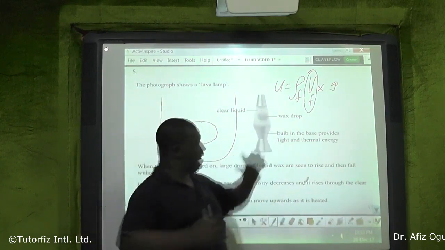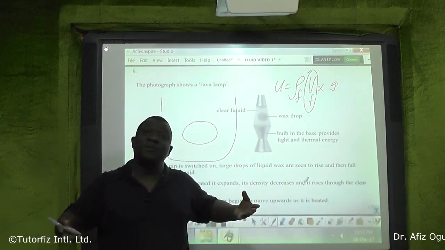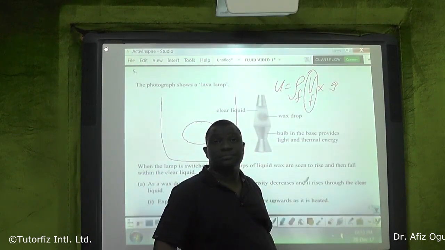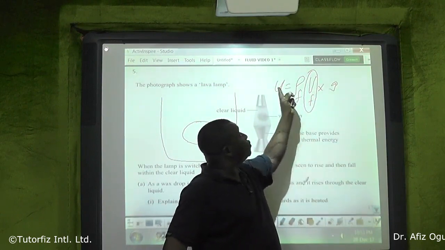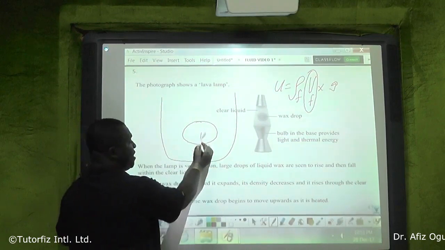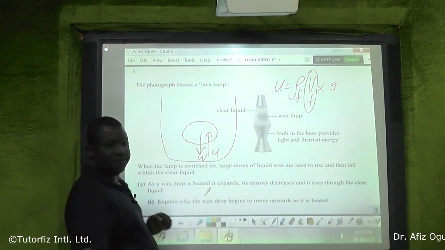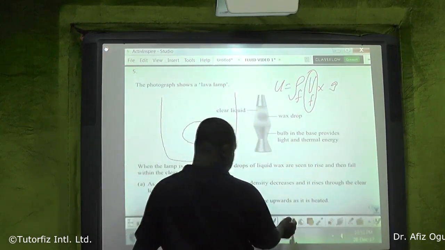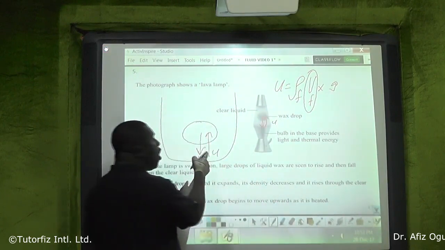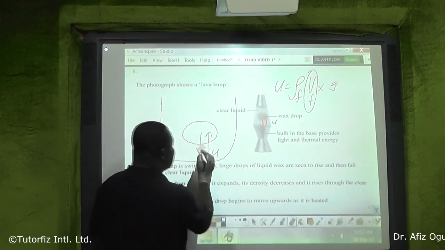Because the wax expanded, it displaces more fluid. That means if it displaces more volume of fluid, the up thrust has increased because of this equation. This is the same, but this increased, so this has to increase. When it was floating here, weight and up thrust were the same. That's why it was floating at this level. Weight and up thrust the same. Now up thrust has increased more than the weight because the